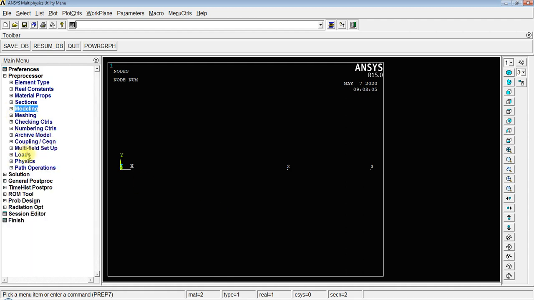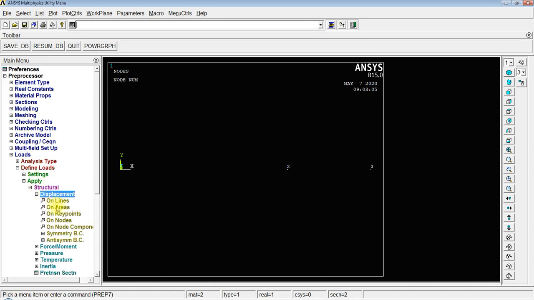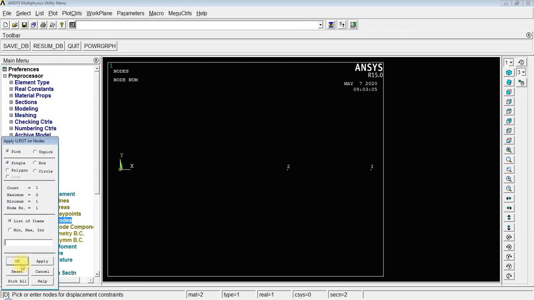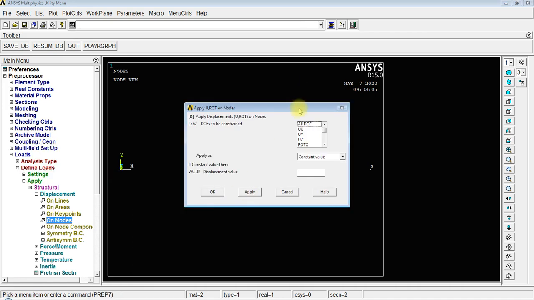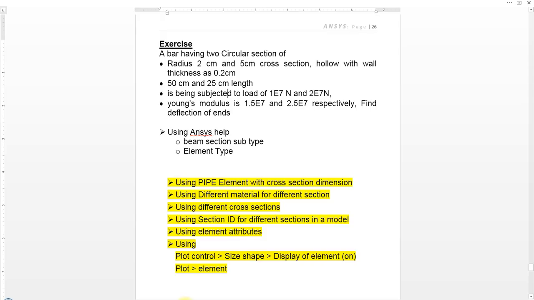Now we will apply load. Define load, structural displacement on node first. The first node is fixed, so restrict all degrees of freedom. Okay. Now the force on the second node and third node will be 1E7 and 2E7.